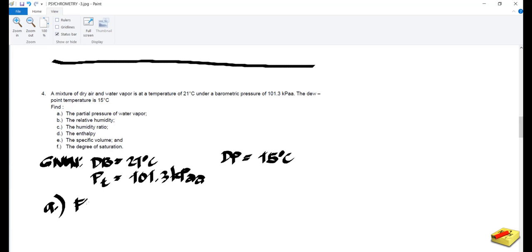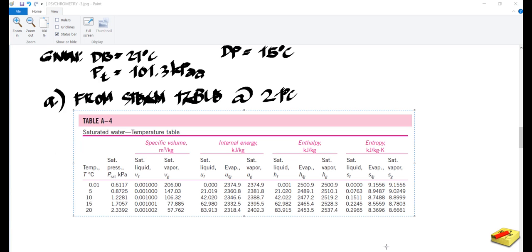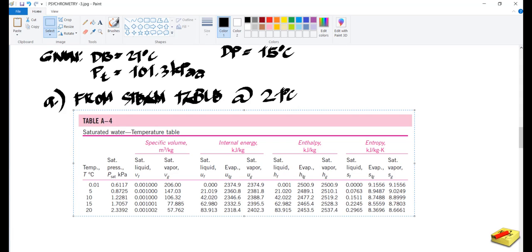So from steam table, at about the dry bulb temperature, which is 21 degrees Celsius. Okay. So we have at 15 degrees, from that is 21 degrees. So dry bulb,